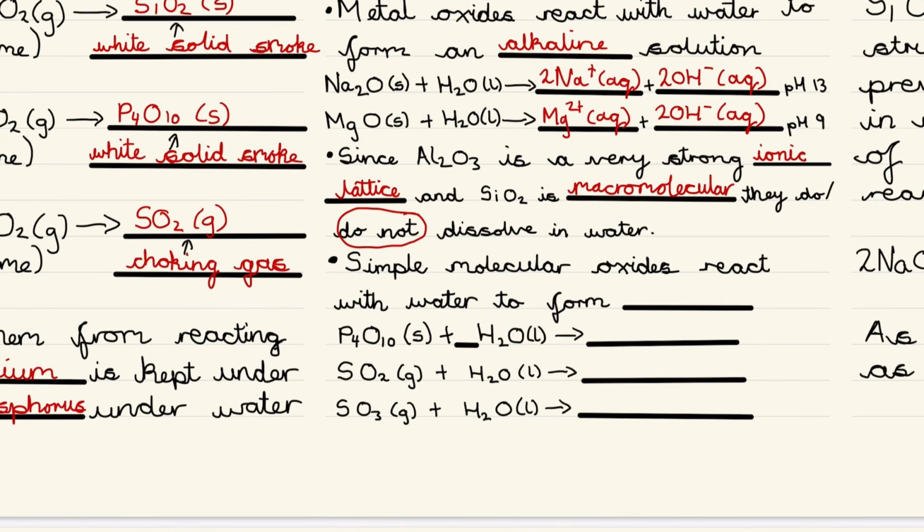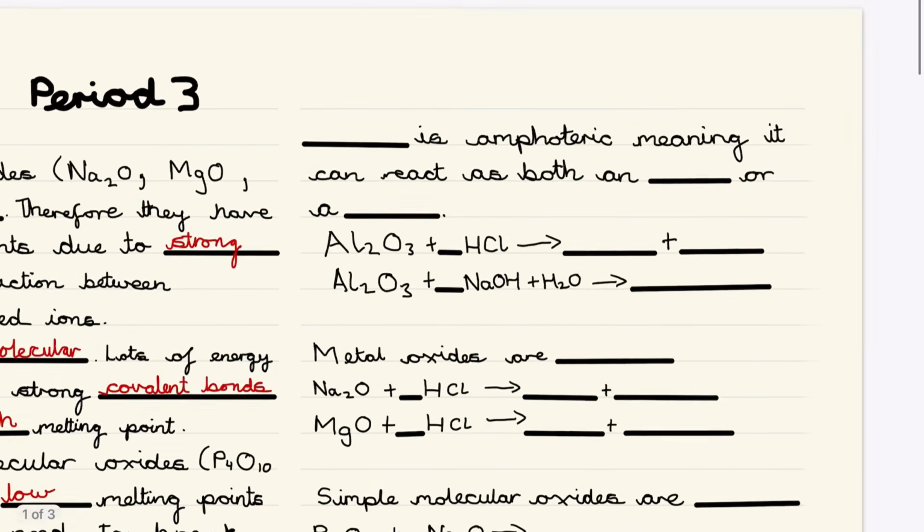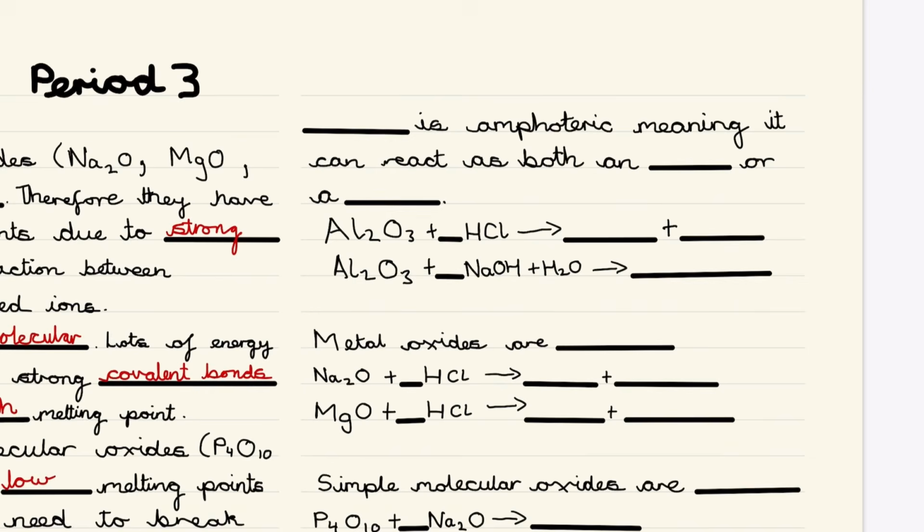Simple molecular oxides react with water to form acids. So for example, phosphorus oxide reacts with water to form phosphoric acid. Then sulfur dioxide reacts with water to form sulfurous acid. Sulfur trioxide reacts with water to form sulfuric acid. Aluminium oxide is amphoteric,